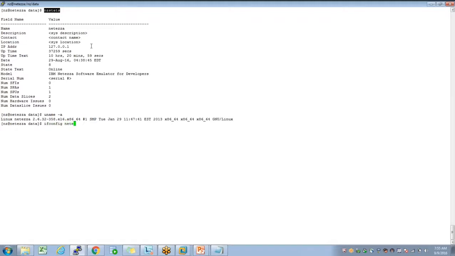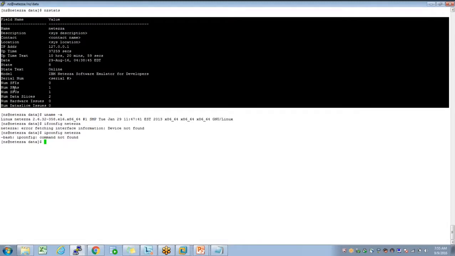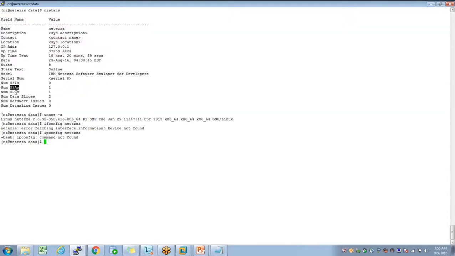So if I say ifconfig Netezza, this gives me quick information about what kind of system, how many racks I have, number of SPAs, number of SPUs, how long the system is online. All that information it tells me. Generally it pulls part of this information from